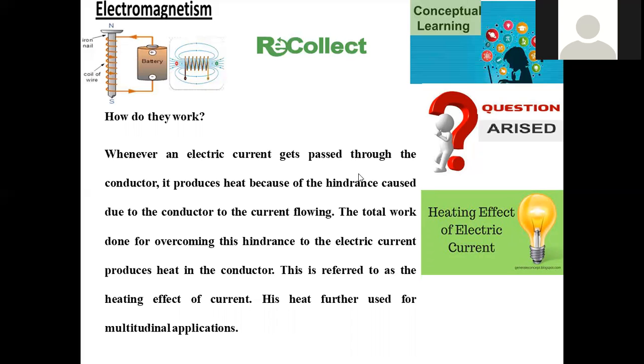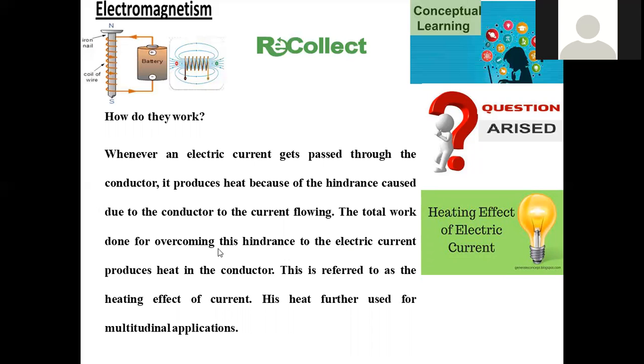Whenever electrical current gets passed through the conductor, it produces heat because of the hindrance caused to the current flowing. When free flowing of electrons is possible, there is no hindrance and the current is conveniently moving towards the other end. But if you are making any obstacle, breaking the path, or making any disturbance in its path, what happens? Some extent of work is done by that conducting material, and that work done can be discharged in the form of heat.